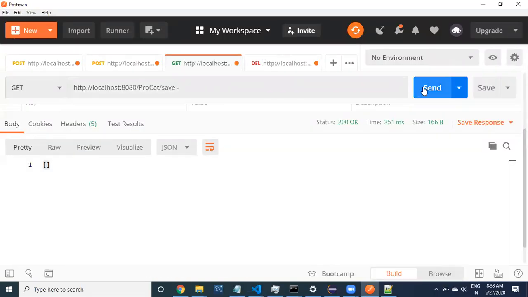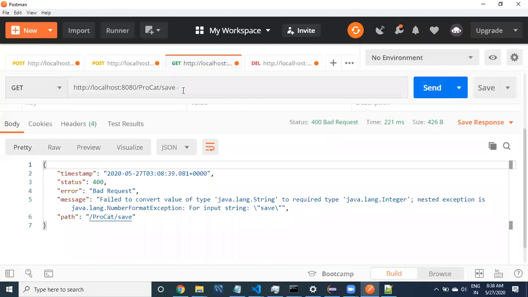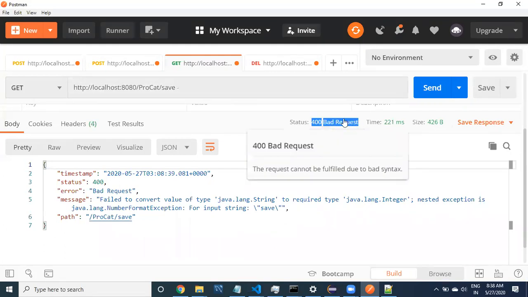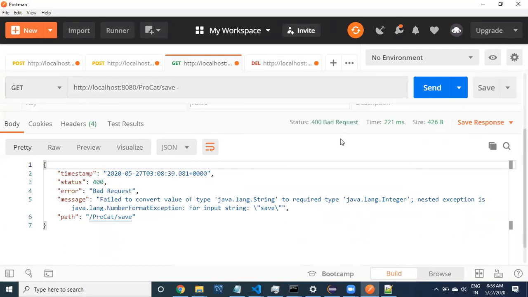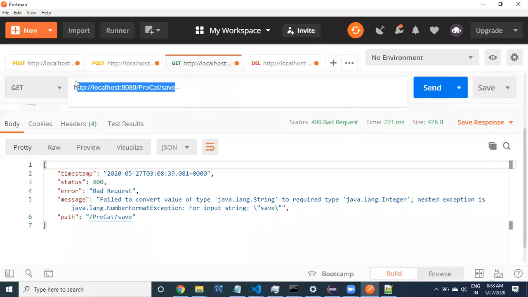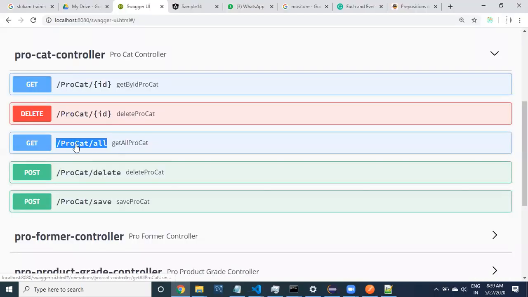Anyways, coming to here, see here, guys, if I hit this save REST service directly, we are receiving 400 bad request. Whenever you see this 400 message, it means whatever data you are sending is wrong data. This REST service is expecting some kind of information, some data we need to provide, but in fact we are not sending that information.